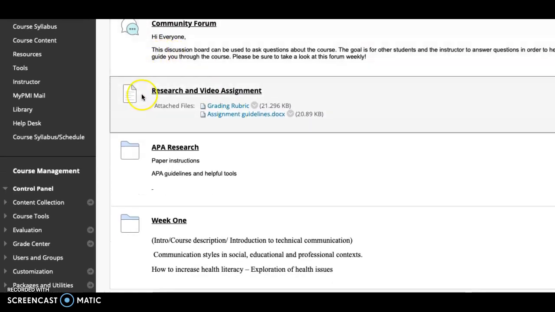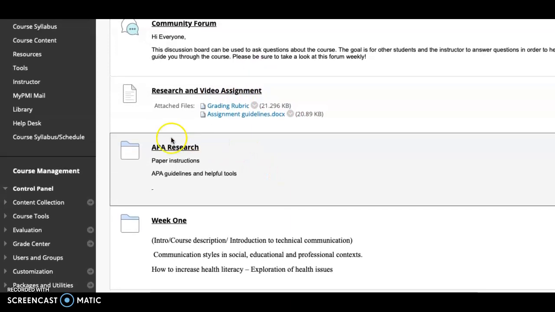Your research and video assignment is the biggest assignment overall that you'll have due this year. And we're going to look at that in the syllabus here in a minute. But that information is here, how it's graded, and the rubric, and then further, your APA research guidelines are in here. And we're not going to go over that now because we'll have more information further along the way.